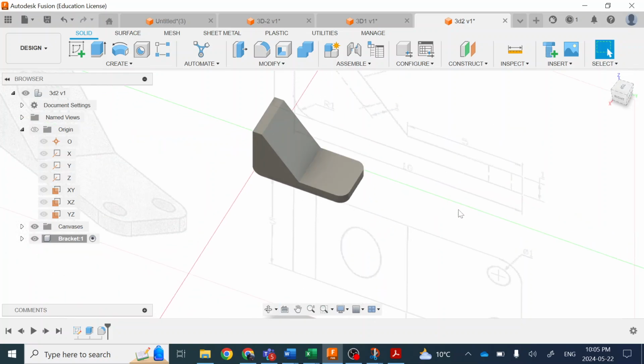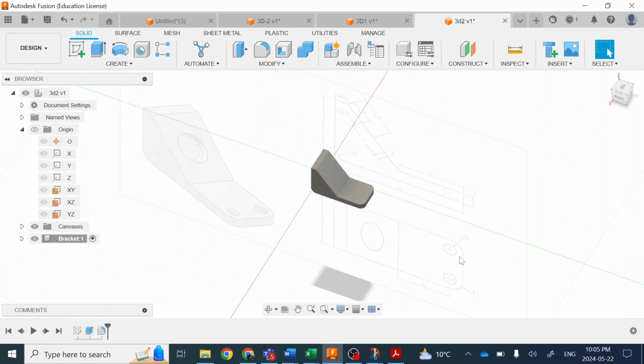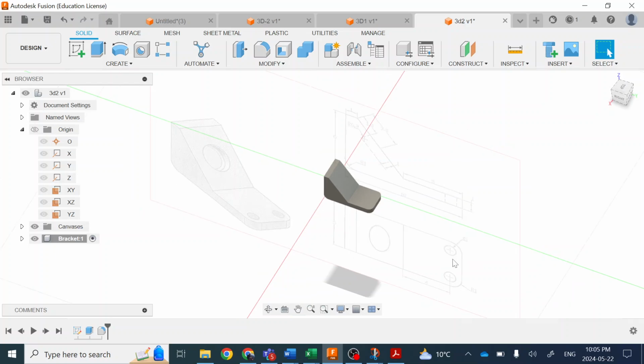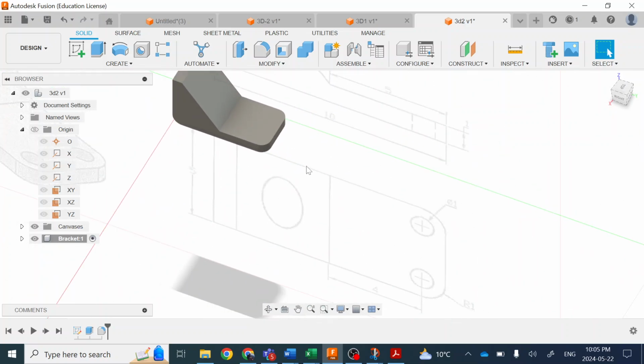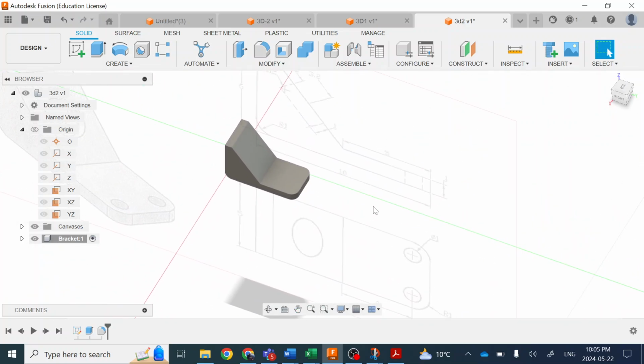Okay, the next thing I want to do is add these holes to the bottom base here. So these holes here, and they got a diameter of 1. Now I can do that in 2 different ways. I'm going to use the hole command for that under the create tab. So I'm going to click on that there,